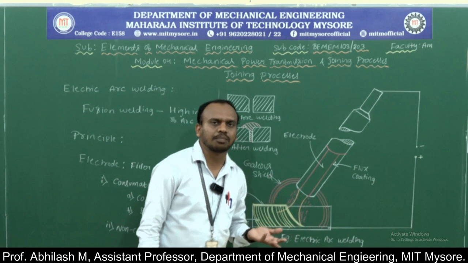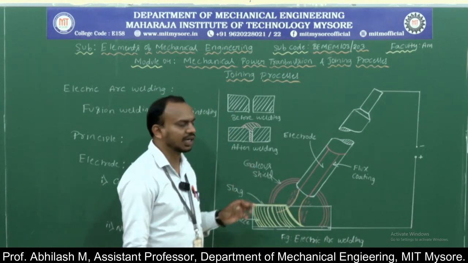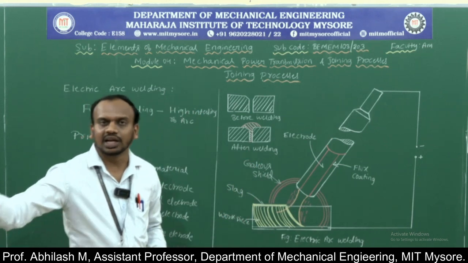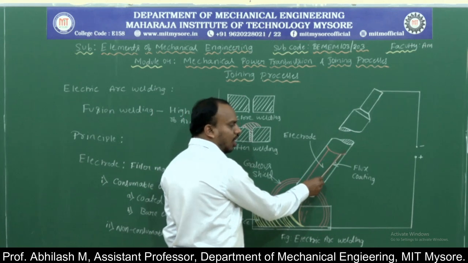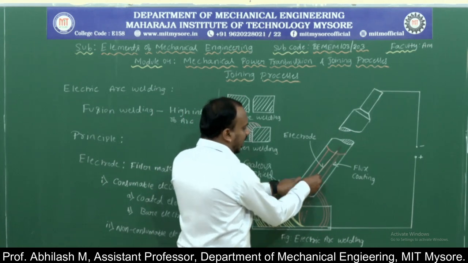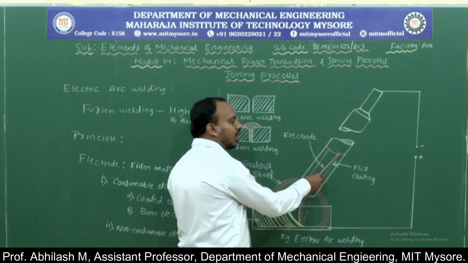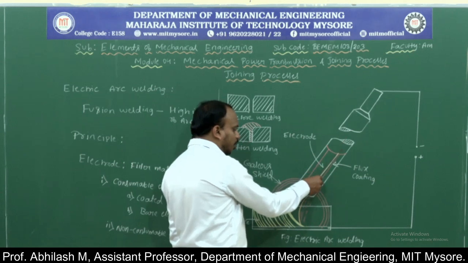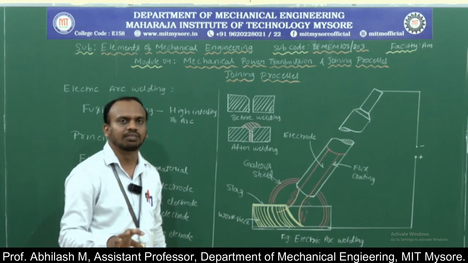Now how exactly does the operation work, or what happens during the process of electric arc welding? When this electrode comes in contact with the workpiece table, an electric circuit is established continuously, but we are not going to keep this in contact. What are we going to do? We are going to touch them and momentarily separate them, maintaining a gap of about 2 to 4 millimeters,